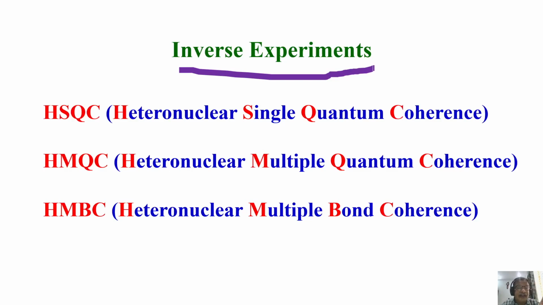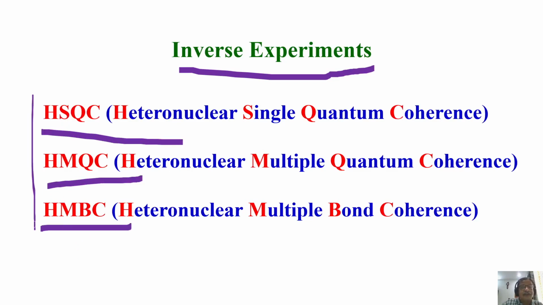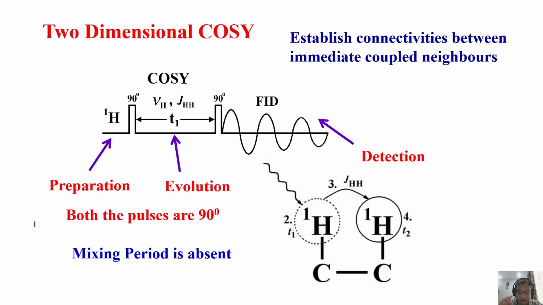Nearly 5,800 we thought. Okay, 6,000 you take, no problem. 6,000 times less sensitive compared to proton. Whereas if I detect proton, it's easy. But indirectly I can get the information about carbon or the dilute spin. That is the advantage. So these are all inverse experiments. Now it is commonly used. Nobody uses HETCOR, COLOC, such experiments. But they were designed, and these are all extensions of that, an improved version for speed of the experiment and to enhance the sensitivity. Okay. Now we will start a simple experiment called the 2-dimensional COSY experiment.